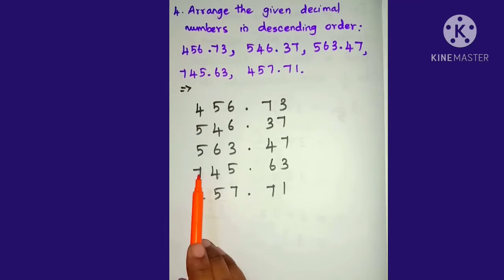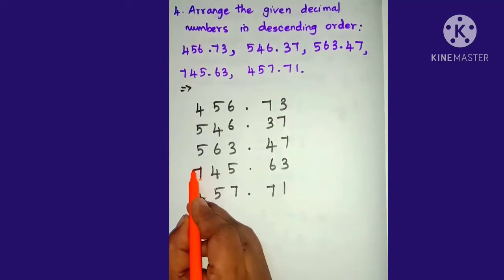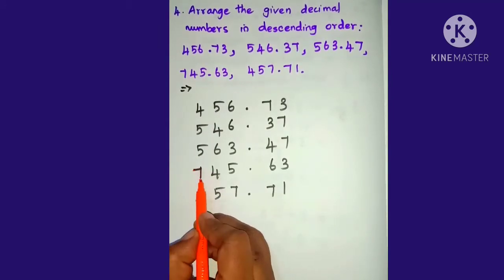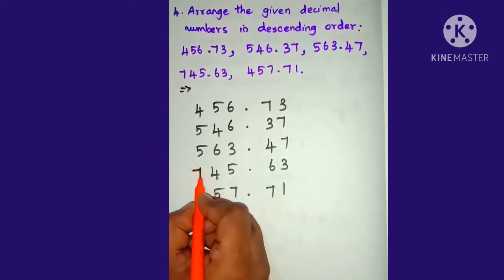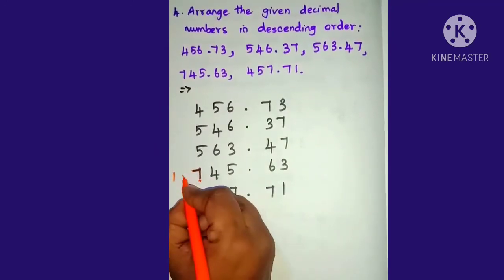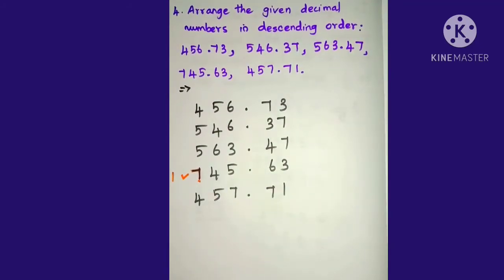So descending means we have to arrange from biggest to smallest. So the highest number is 7. So this will be the first number. We finished this. This is the first number, and after that